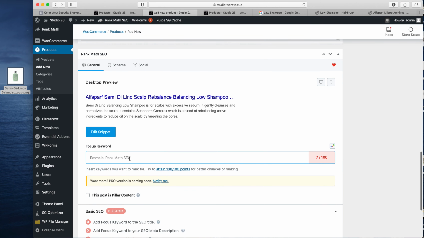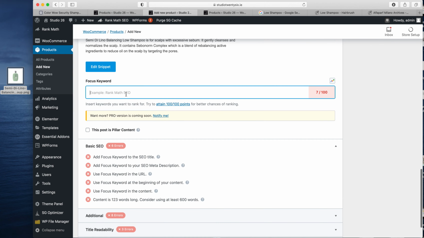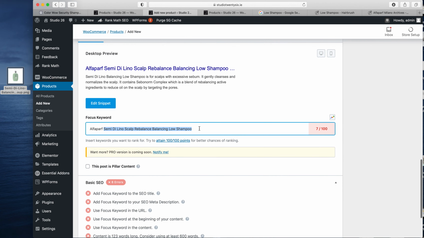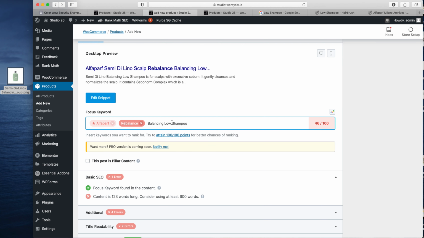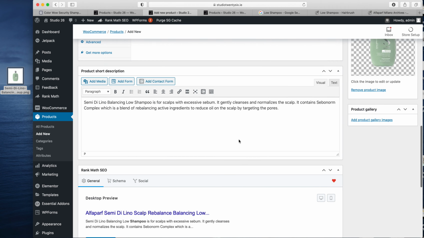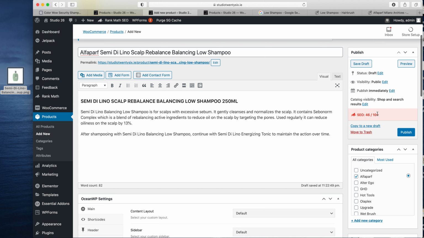Then we'll go down here, we'll just add the keywords. So for this one you might type in, I'll copy this and I'll throw it down here. So I might type in, say, 3 keywords: the brand, say this is a rebalancing one or something like that. And it's a shampoo. You can use up to 5 keywords. Yeah, that's it really. So it says you're 46 out of 100. This will